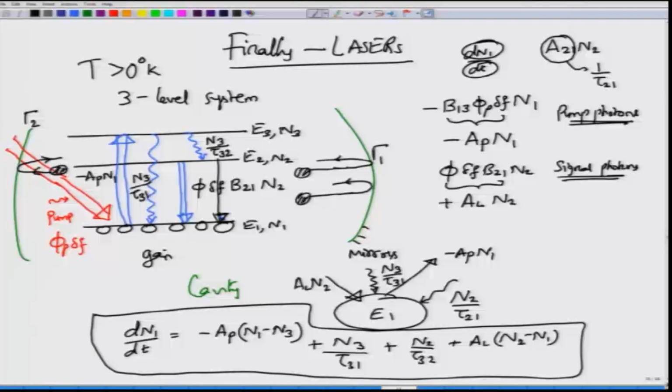Okay. But because you also want to take this out, you do not want all the radiation or all the power to stay inside the cavity. You want some of that power to actually come out of the cavity. What you do is you take gamma 1 to be around, say, 99%. So, 1% of the radiation is tapped out, and you take gamma 2 to be 1, which means there is 100% reflection on one facet and about 99% reflection on the other facet. There is nothing sacred about 99%, you can take whatever percentage.